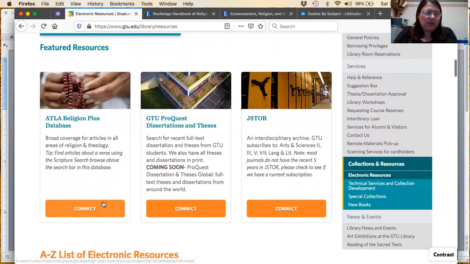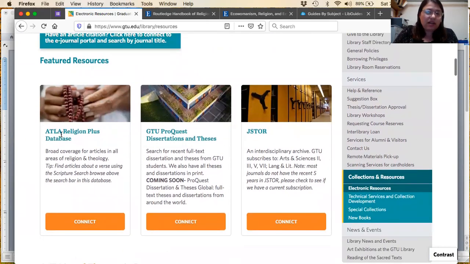And then we have this ATLA Religion Plus database. This database, like all of our databases, is included in Summon, but it also has a couple tips and little tricks that students like to do. So I'm going to show you one of those. So when I go in,